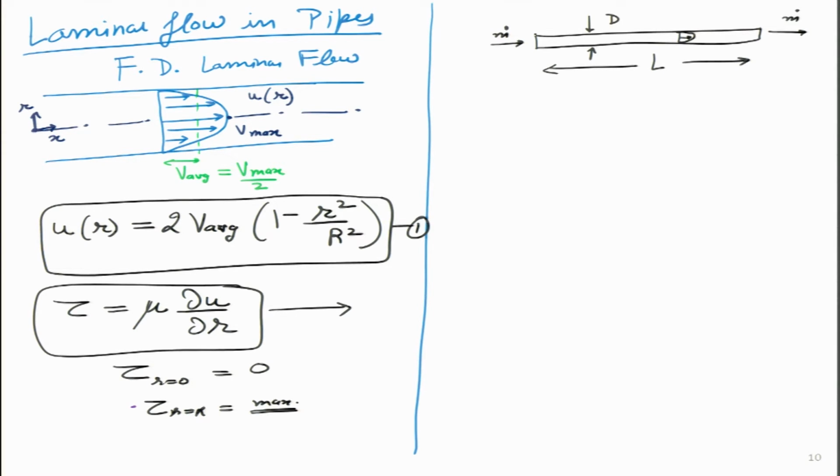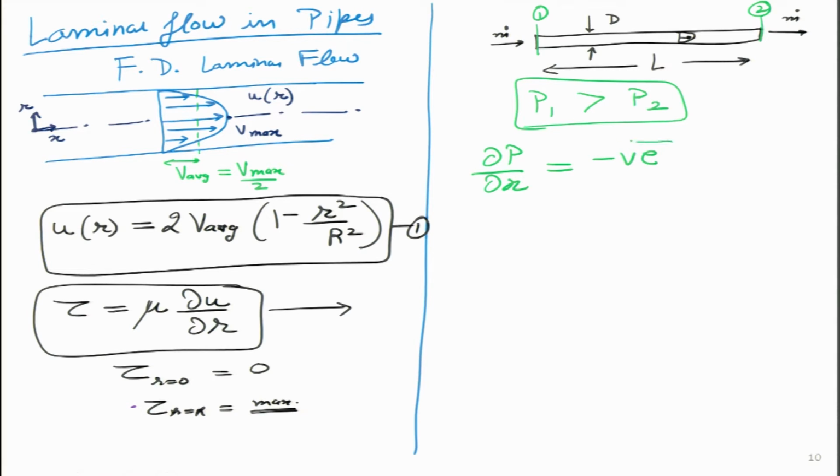If I call the inlet section as section 1 and this is section 2, we can always write that P1 is greater than P2, because once the flow is taking place inside the pipe, or in other terms we can write del P by del X is a negative number, because this is a pressure driven flow. In order to attain this type of flow, if it is water, I will have to put a pump upstream. If it is air that we are blowing, we will have to put either a blower or a compressor